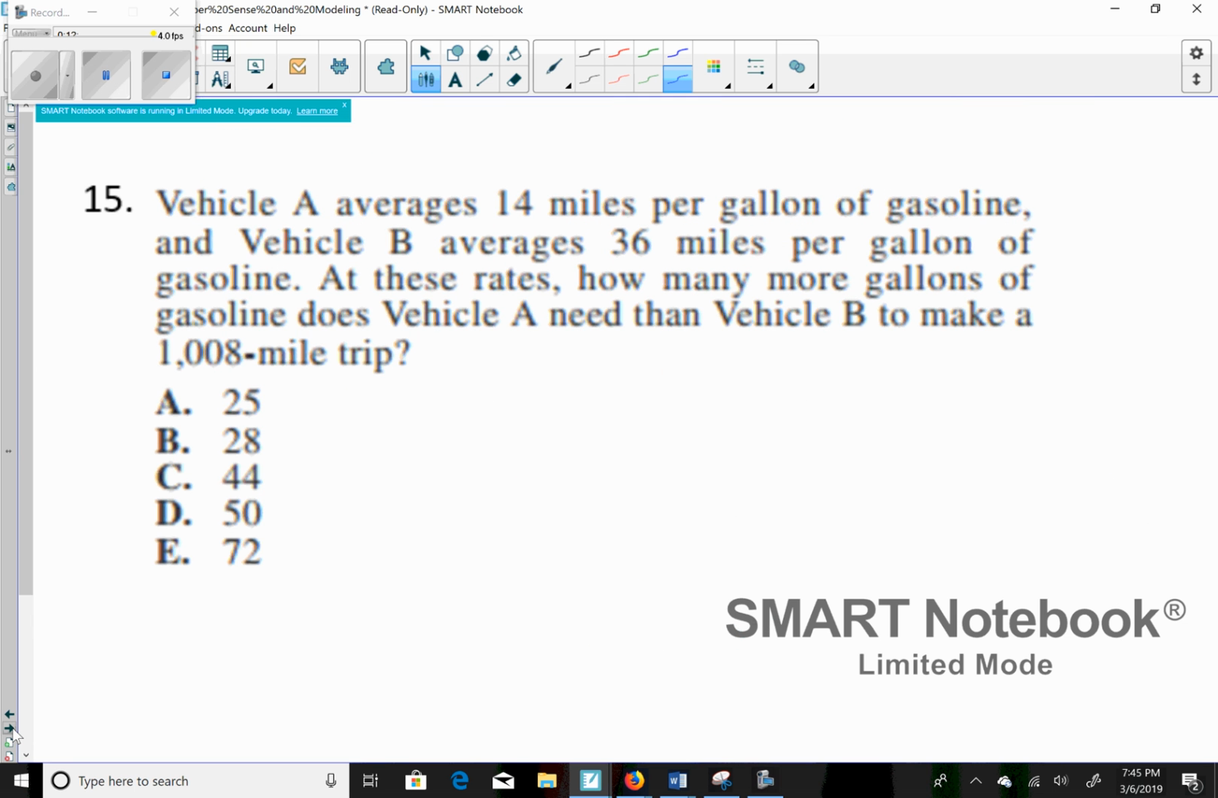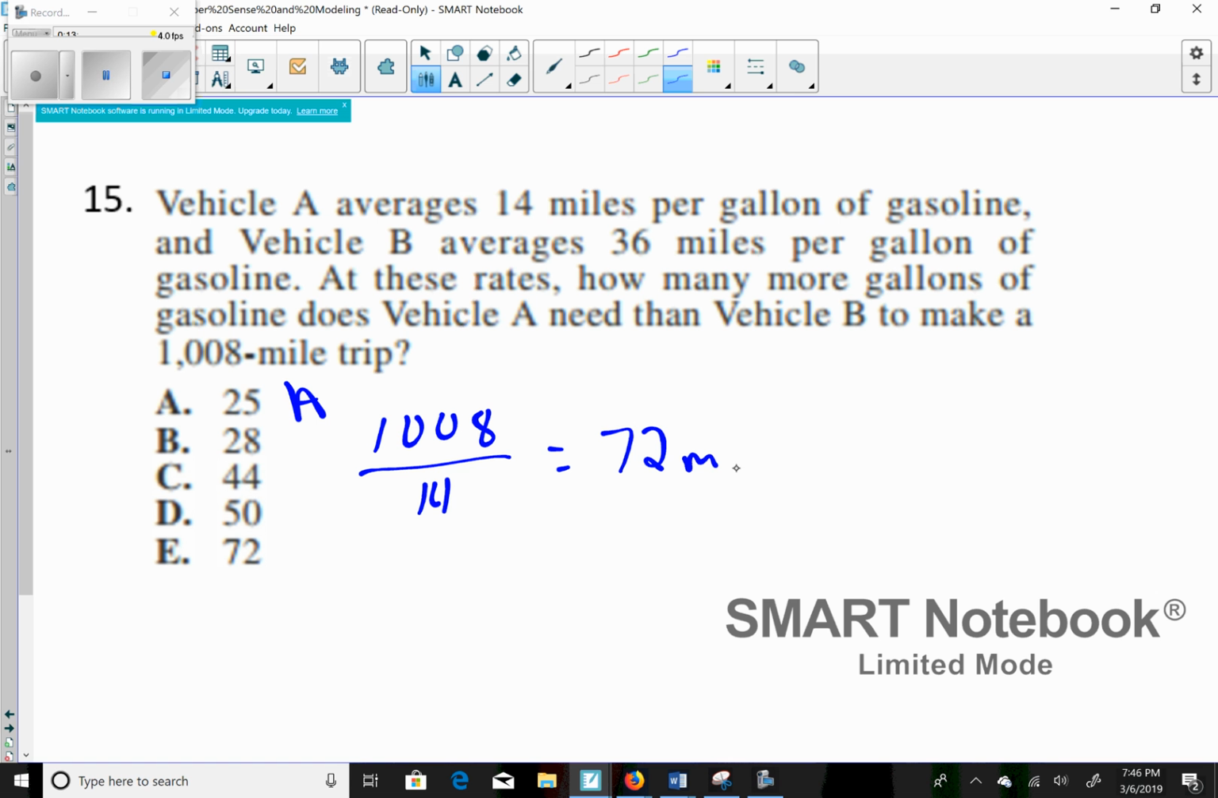Vehicle A averages 14 miles per gallon and vehicle B averaged 36 miles per gallon of gasoline. At these rates, how many more gallons of gasoline does vehicle A need than vehicle B to make the 1,008 mile trip? So I'm going to take 1,008 and divide it by 14, and this is for vehicle A. And I end up with 72